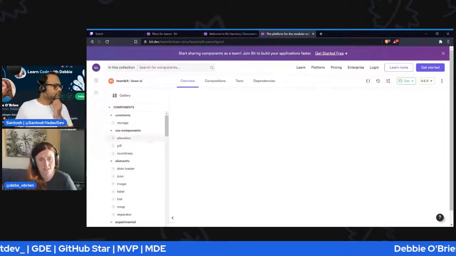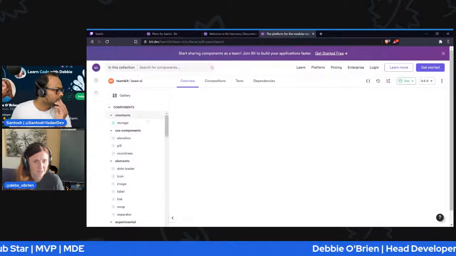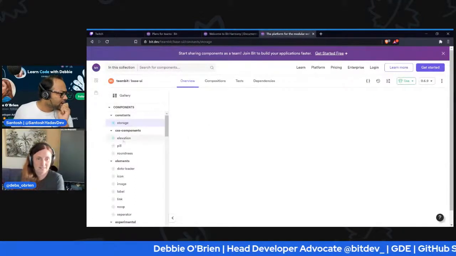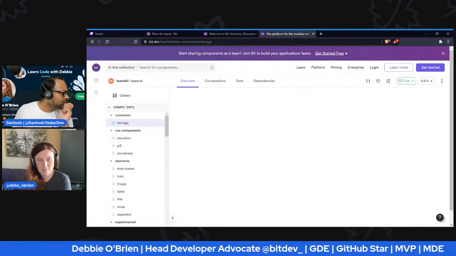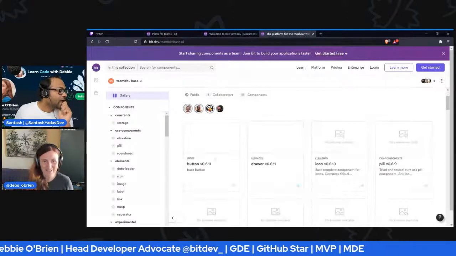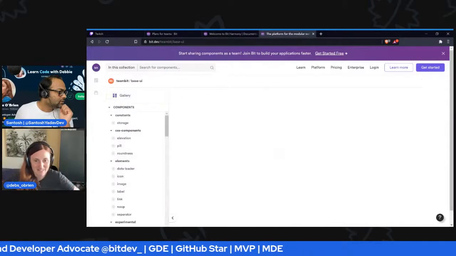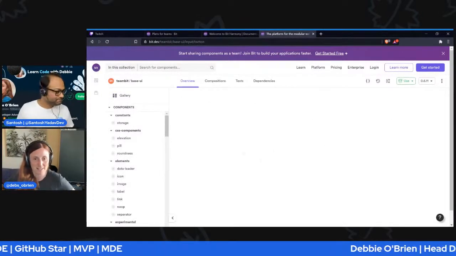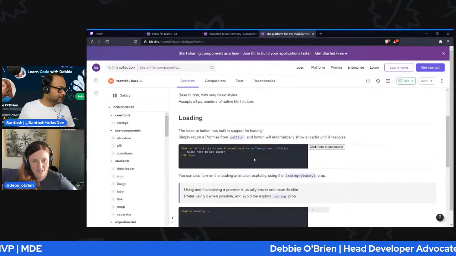But which one? I don't know. Take whichever one of those. It's base UI, so I'm not sure. Yeah, some of them might be better documented than others. But yeah, take the base button, right? Everyone likes a button. This is just a simple button. I think it just takes a couple of seconds. There you go. So this is the button.